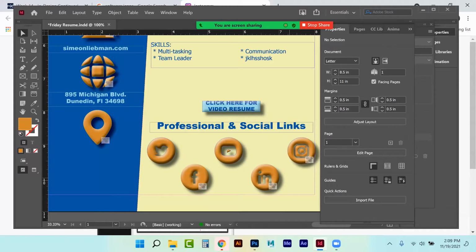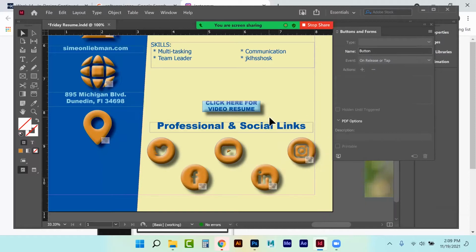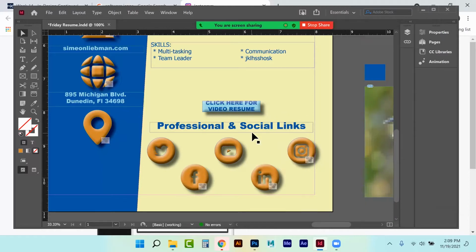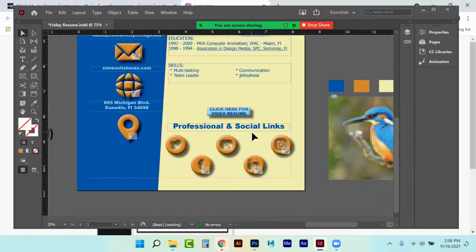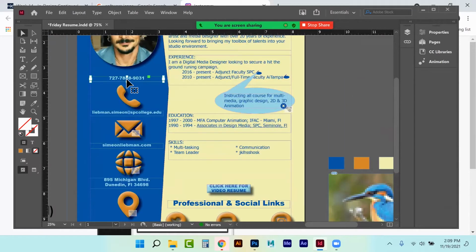So these buttons will appear like this in the final result. That's one thing that came up last week that was an error or an issue, and I just wanted to cover that right now. All right, with that in mind, go ahead here and just give myself a little more free space at the